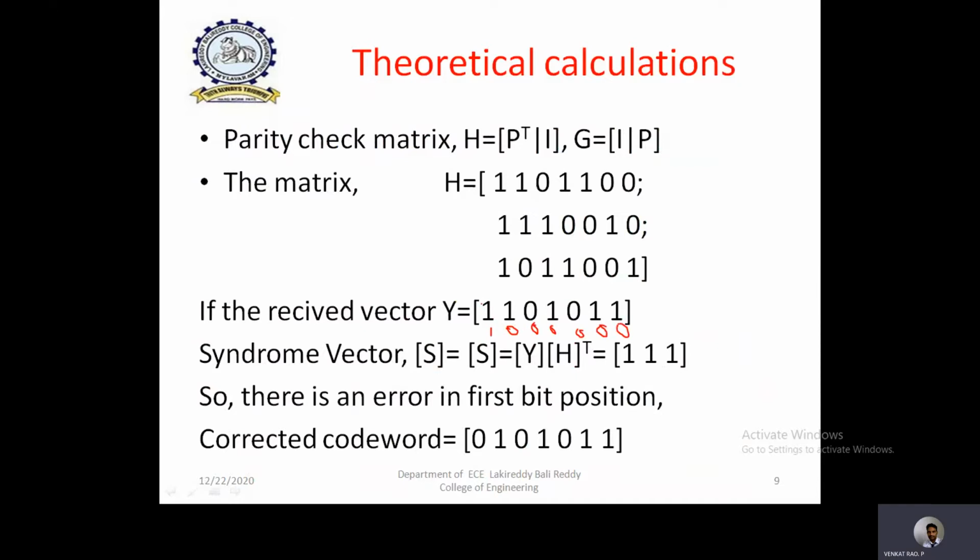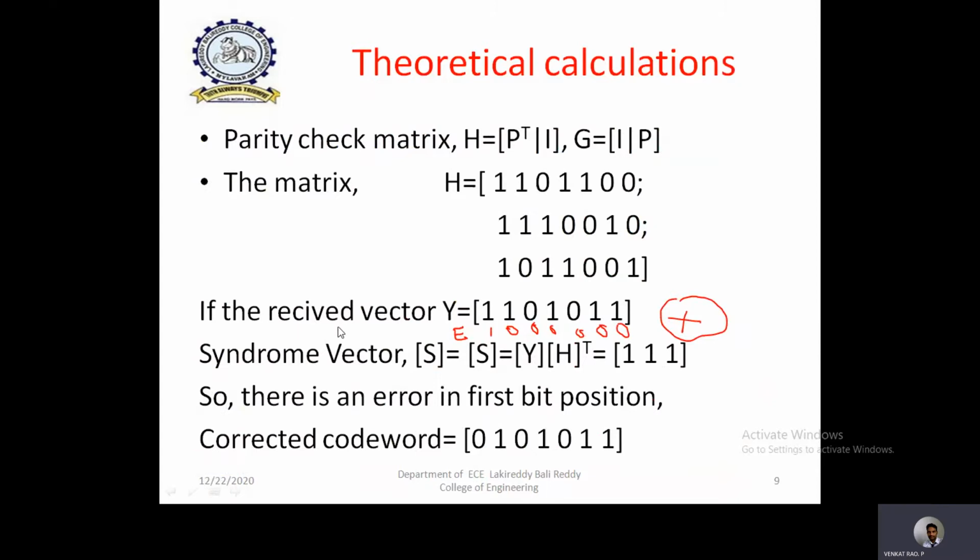So wherever there is an error, you place a 1, otherwise all are 0. If you take an XOR operation between Y and the error vector, 1 XOR 1 is automatically 0, and the remaining are XORed with zeros, so the same data comes. So this is a very simple operation, an XOR operation of Y and E. So this is the procedure.